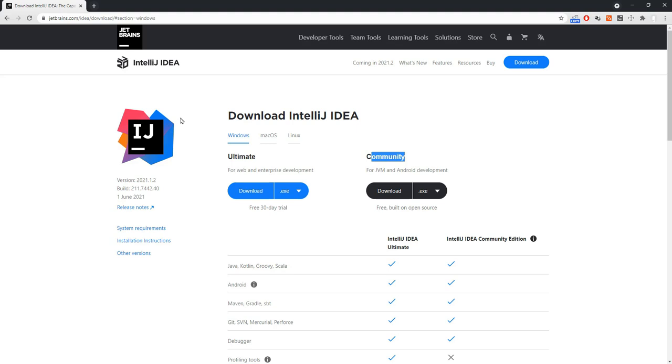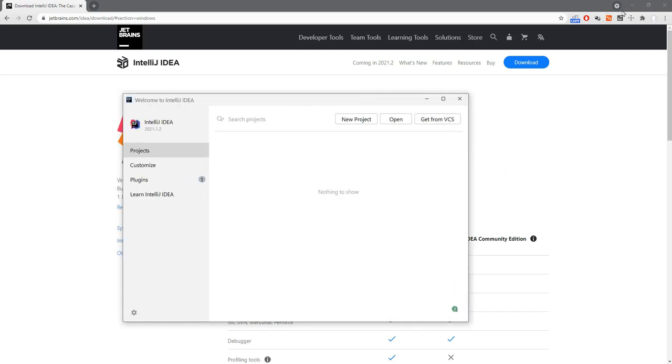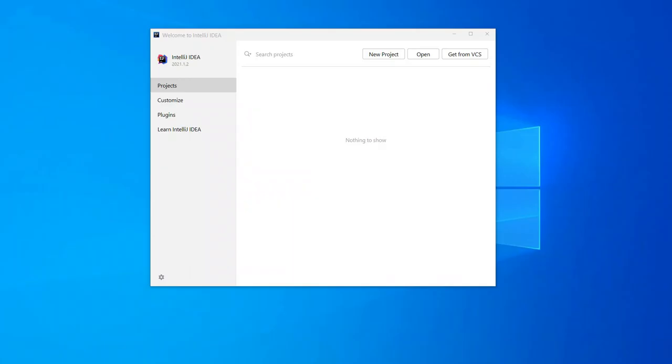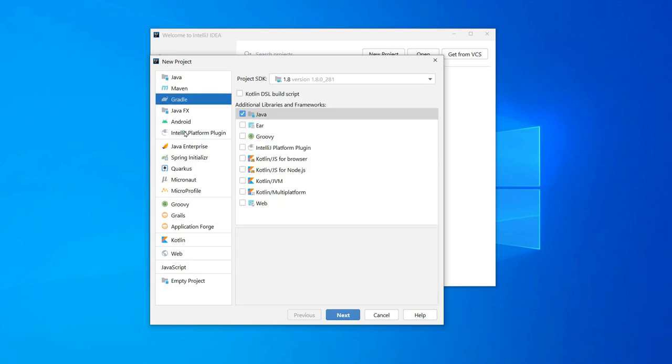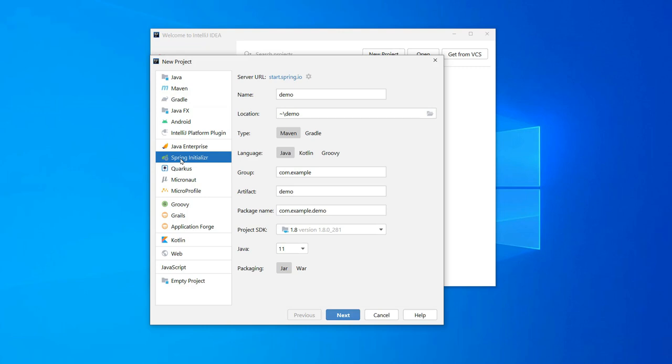As soon as you install IntelliJ IDEA, let me launch it, and you can see this window. When you launch your IntelliJ IDE the first time, you will get this window. From here we are going to start creating a new Spring Boot project. Here we just click on Projects, and you can see New Project. Once you click on New Project, you can see there are multiple options: Java, Maven, Gradle and so on. Apart from these, you can see something called Spring Initializr, which you will get only through the Ultimate version. If you install the Ultimate version of IntelliJ IDEA, only then will you see this.